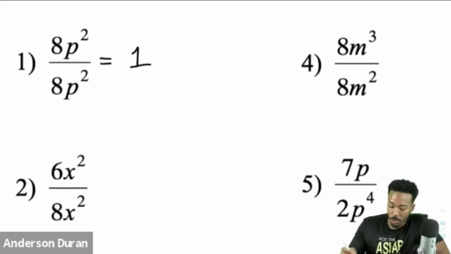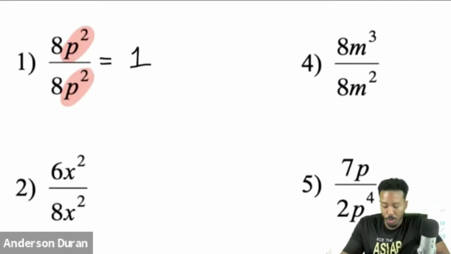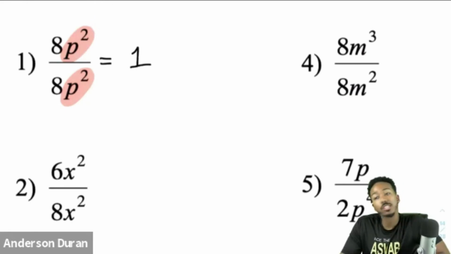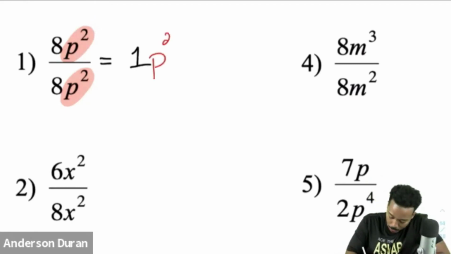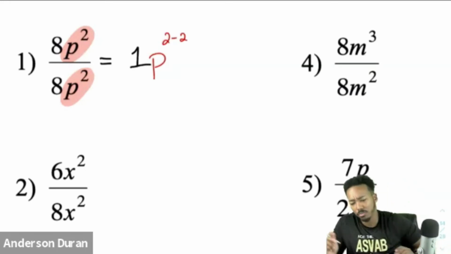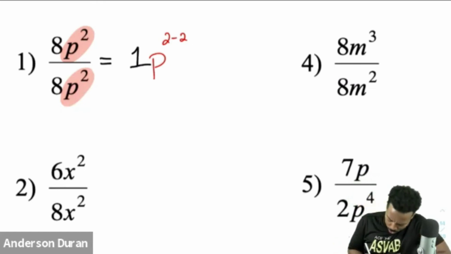You can also use the rule if you'd like to. Let me make sure I address Frida's question fully. Let me use red here for that. You see that we are dividing the same base, the same p. So we're going to subtract the exponents. We're going to have p to the power of 2 minus 2. Everybody, what's 2 minus 2? 0. Okay, cool. So if we have 1 times p to the power of 0,